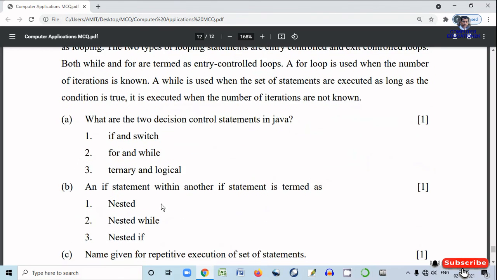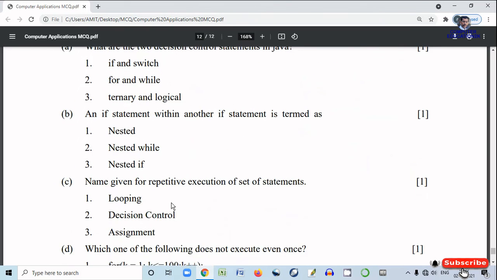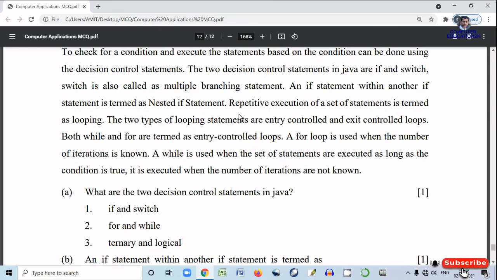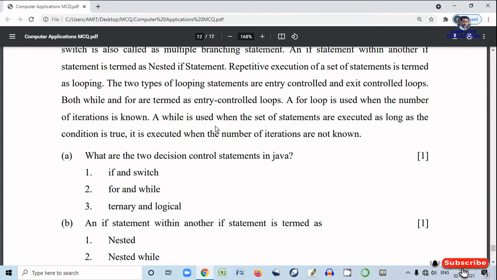Question A, B, C and D. Question A. What are the two decision control statements in Java? As we have seen in this paragraph, the two decision control statements in Java are if and switch. So part 1 is the answer.